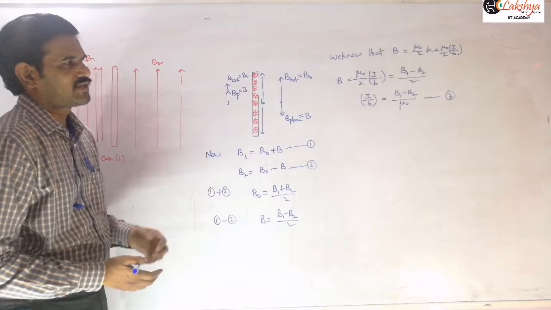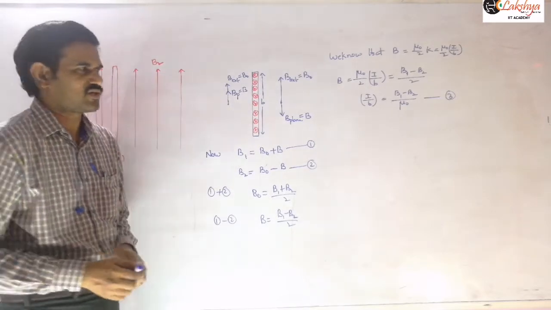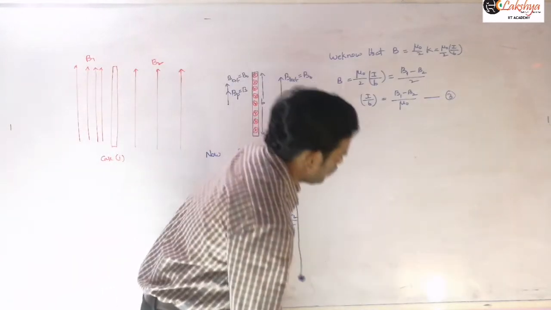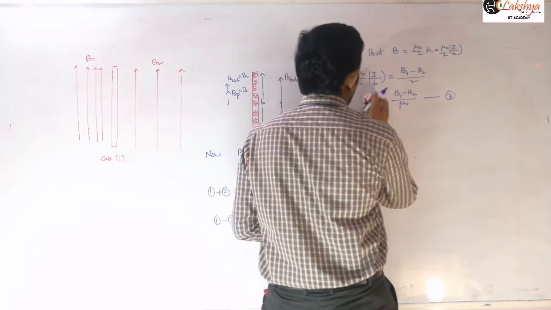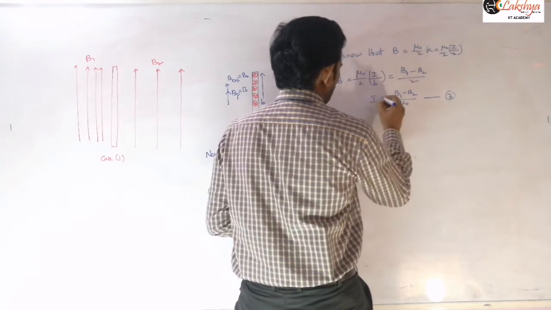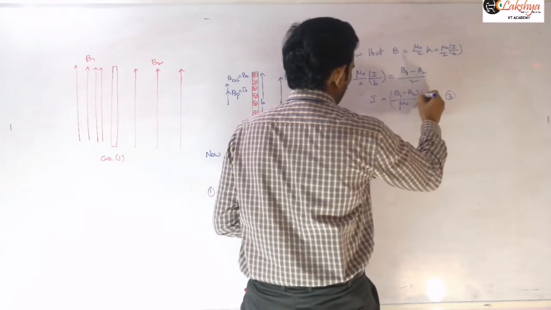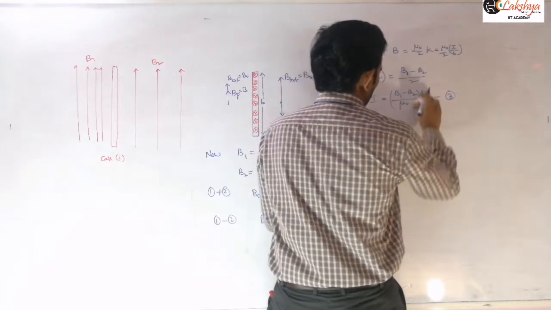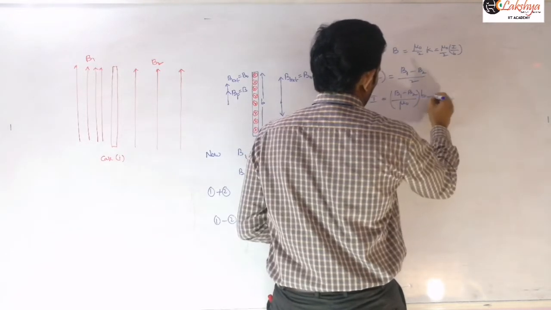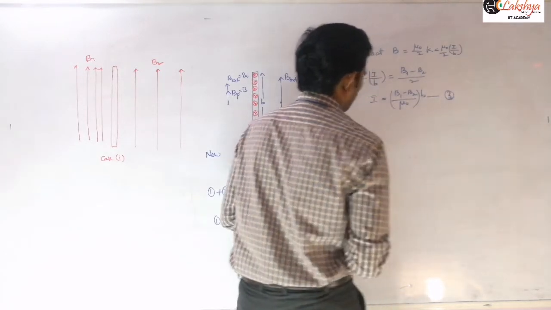Now you can write the current expression also, if you want you can write this B also, that side. So let us write this I value itself. So I is equal to, into B, you can write. So current per unit width you can write here, this side, so from this into B. So this is our third equation.